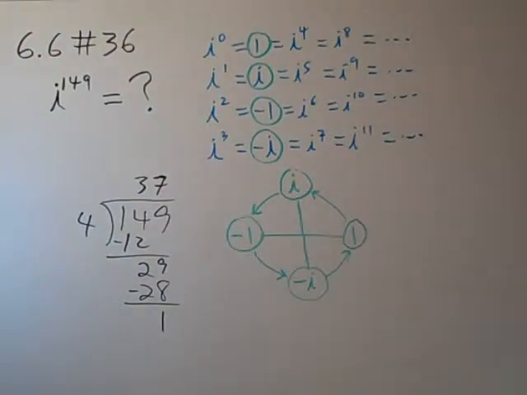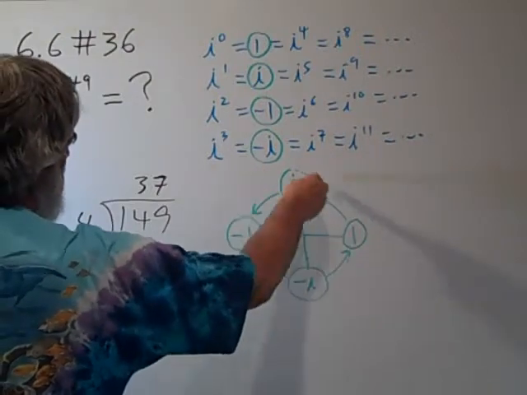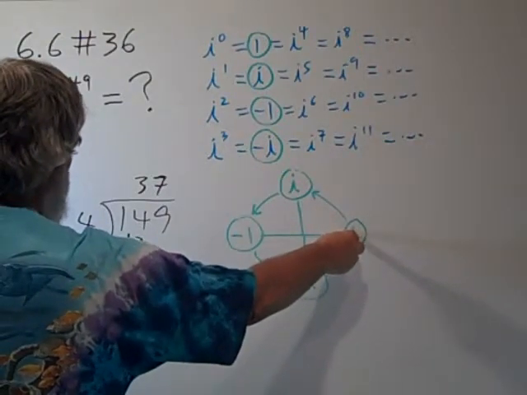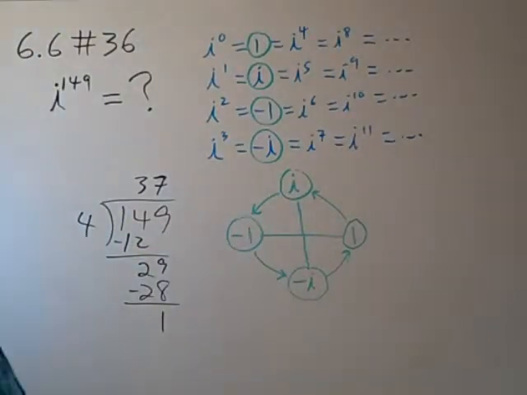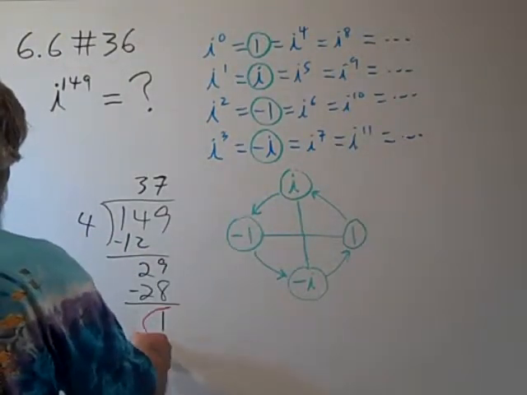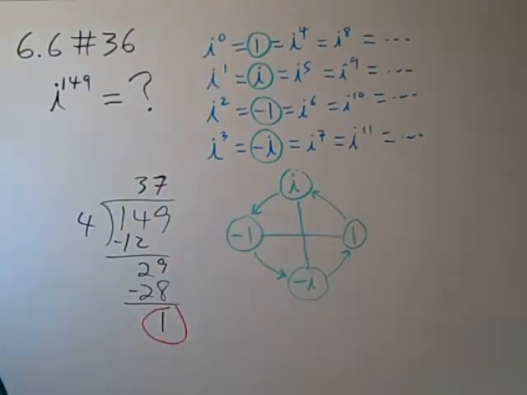The remainder is what we need. We went around 37 complete times, and then 1 more. It's the remainder that determines where we end up. We don't really care how many times we went into a complete circle, but where did we end up? So,